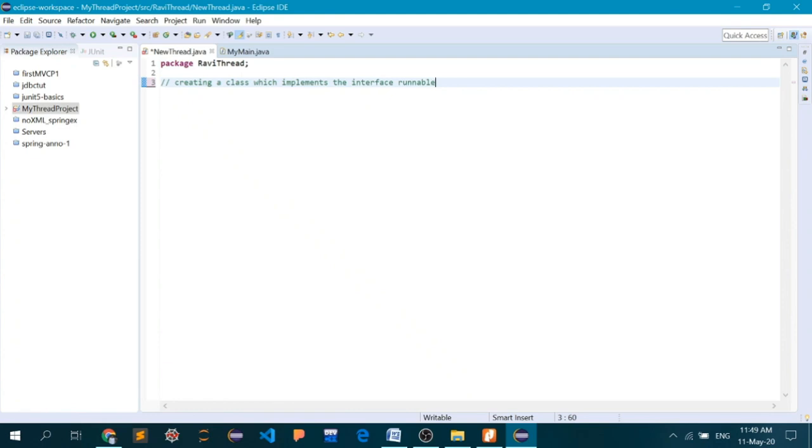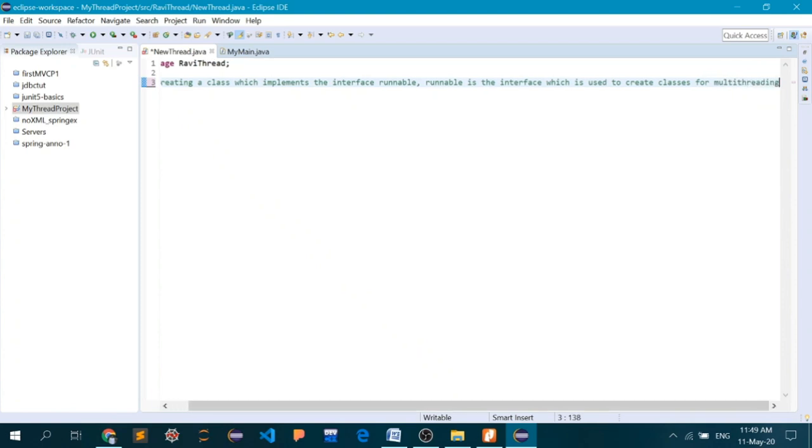Runnable is the interface which is used to create classes for multi-threading, or I would say for creating a new thread.